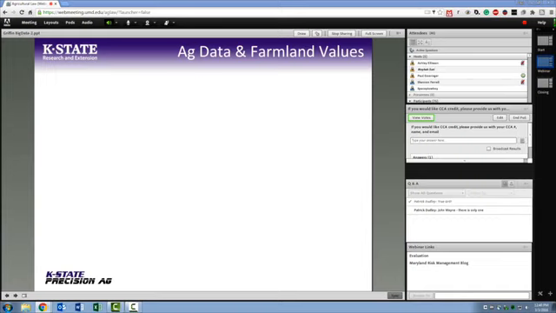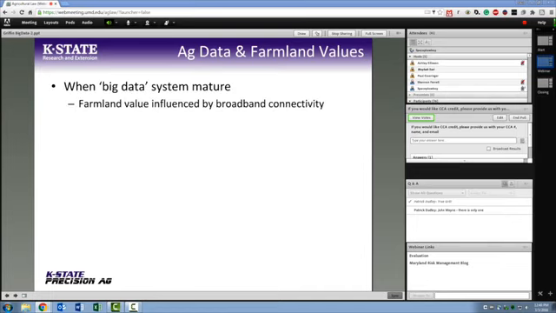So I've written a few things that seem to be a little futuristic on how ag data will impact farmland values and rents. That may not be as futuristic as we initially thought, but one idea was not necessarily the value of farmland as a function of big data, but the value of farmland and farmland rental rates as a function of internet connectivity. A lot of farms, specific fields, do not have adequate access to wireless internet connectivity